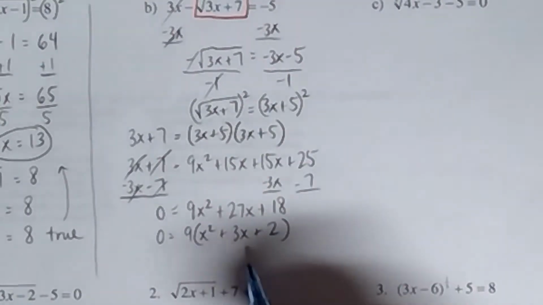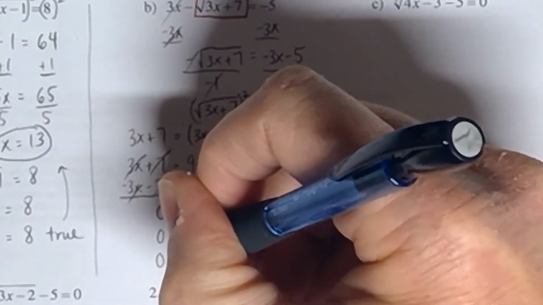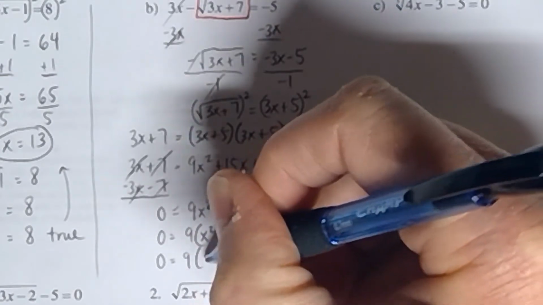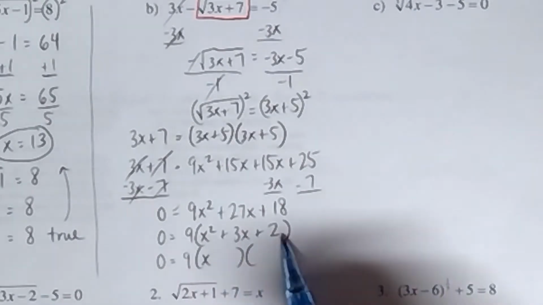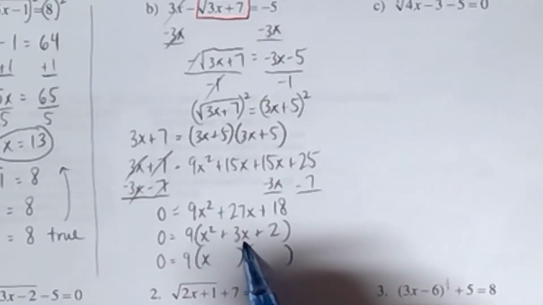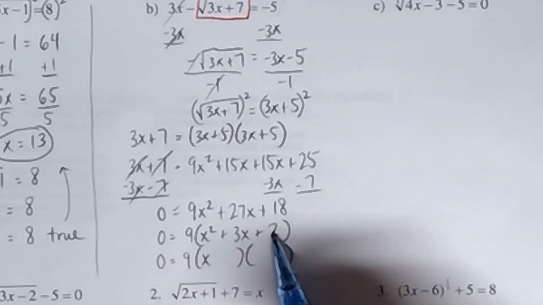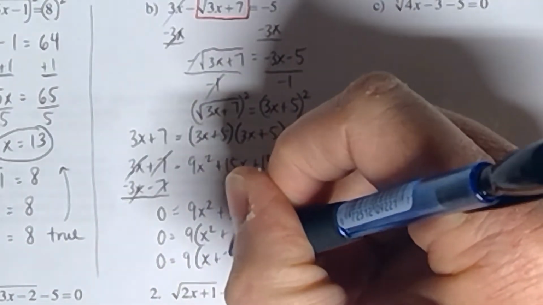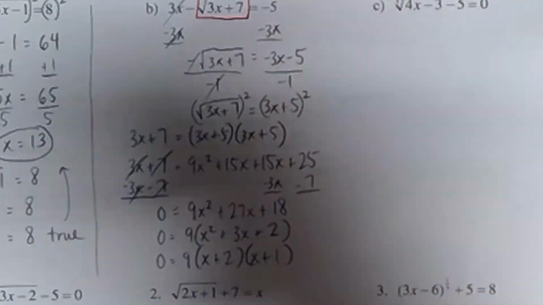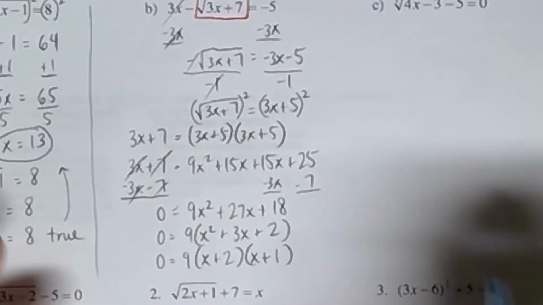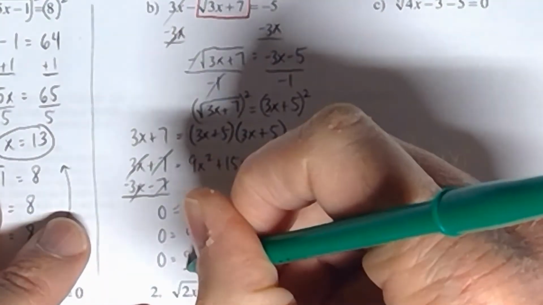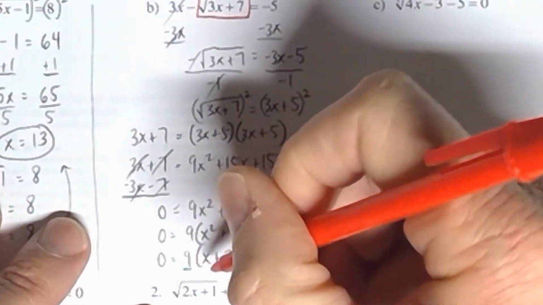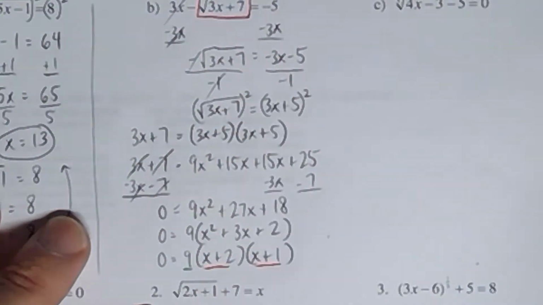Three-term polynomial. What would that be if we did the Bary method on that? We know that the numbers positive 2 and positive 1 will work here, wouldn't they? Because they add up to 3 and they multiply together to be equal to 2. And 1 times 2 is the number that you use in the Bary method there. So it's going to be plus 2 and plus 1. You don't need to do the last step of the Bary method right there because those two brackets are already prime. But what we do have here, you guys, is we have three